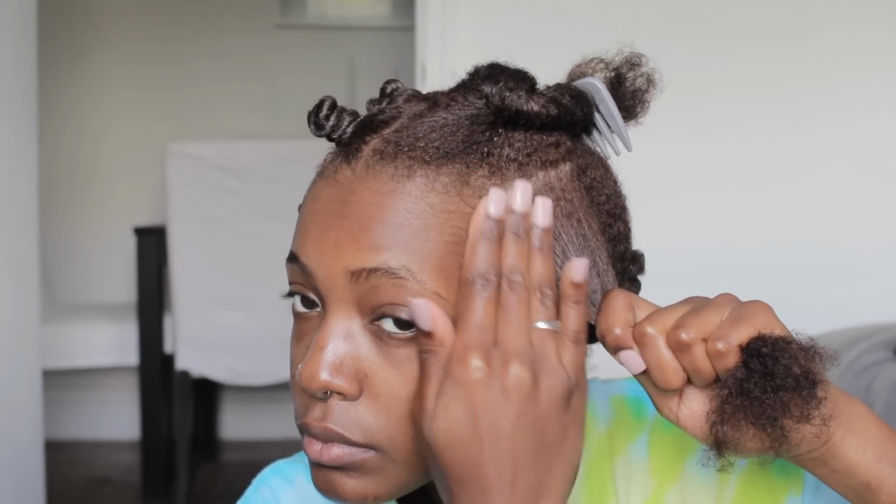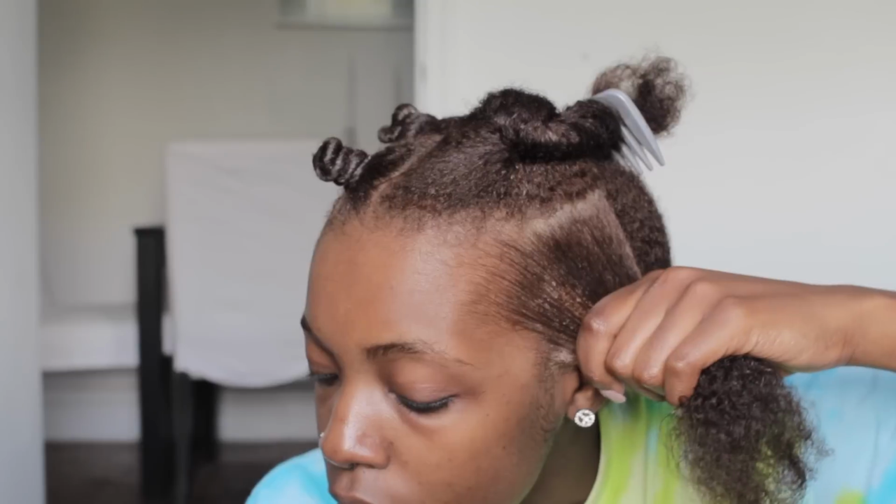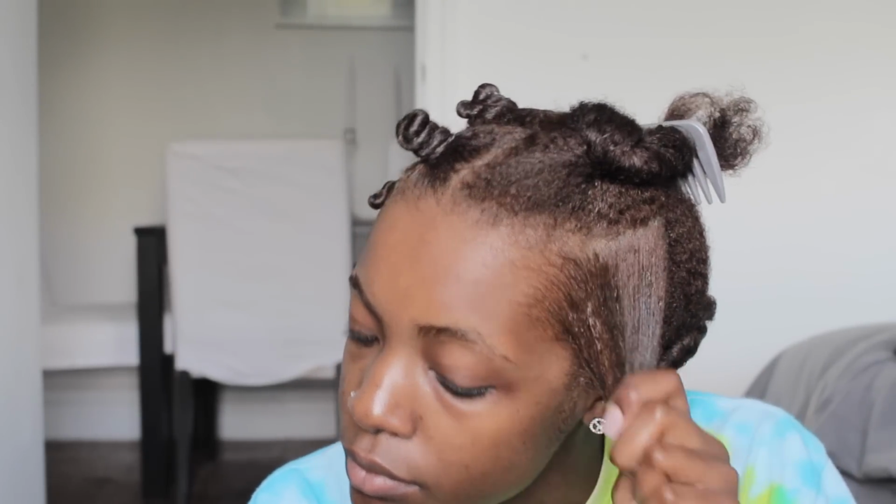So going on to a third section, I'm smoothing down my edges again because I don't want them to be super laid. I just want them to look nice. And I'm going to put a bit of the clear ice gel on the entire section, and I'm just going to load the ends. Now I can say that this ice was very drying to my hair,